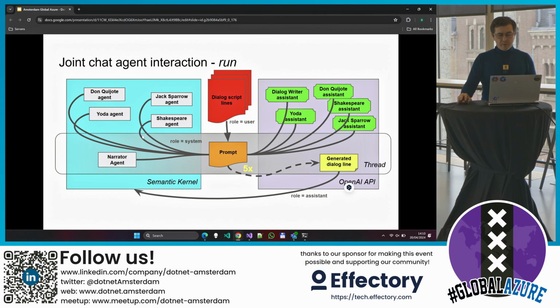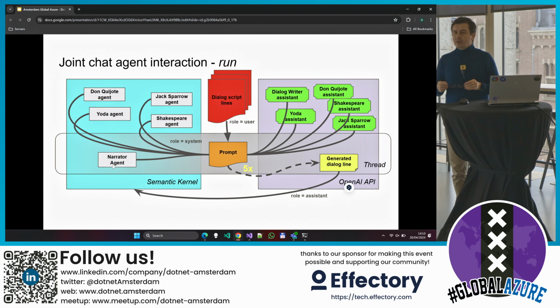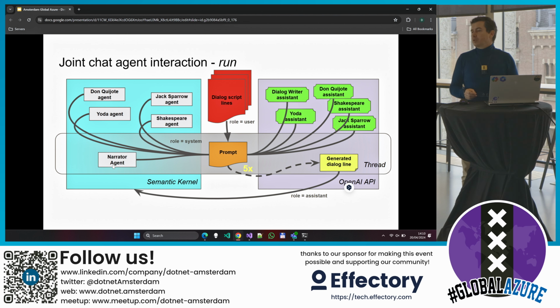Pretty similar here, but look, now this agent, which used to be the script writer, has a secondary role. It's a narrator or whatever. It's just observing what happens there. I didn't want to remove it completely. I want to show you all these agents are still there. They are all contributing directly to the thread, which is the common context.